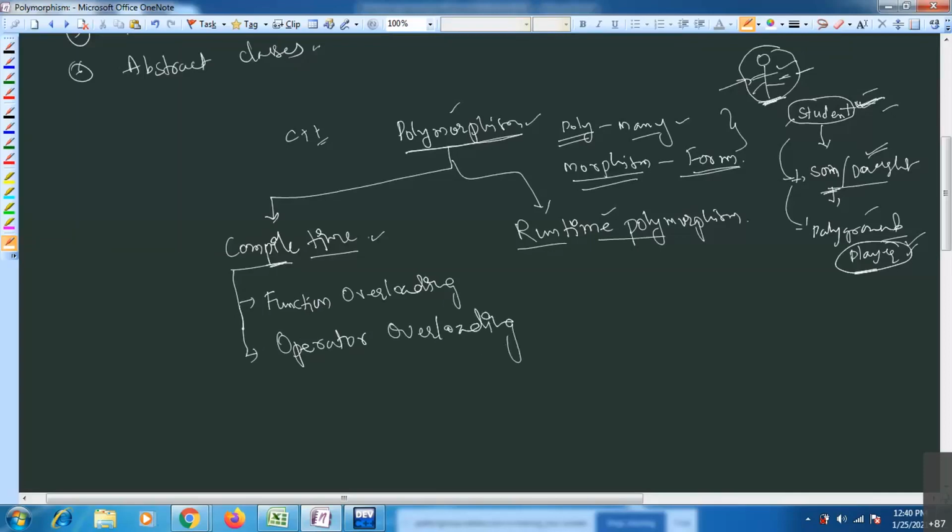This runtime polymorphism you can achieve by using virtual functions.